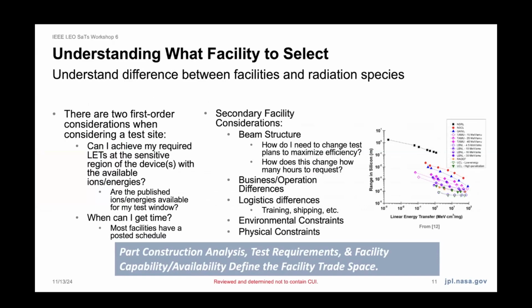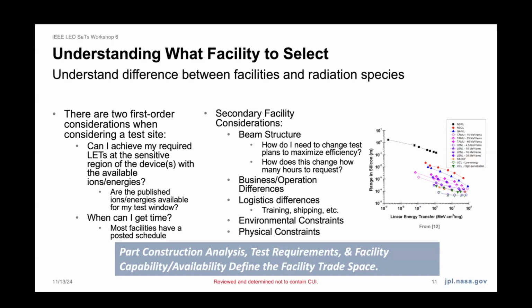Sometimes we have parts where we can fully deconstruct, we can etch out the plastic package, or we can remove heat spreaders and thin silicon substrates and get at the area we need to. Sometimes we can't, and that necessitates much higher energy facilities, right? So once we have that and we've pinned down exactly what facility we can go to achieve our test requirements,